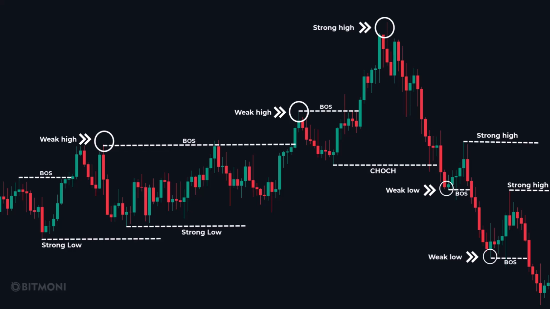On the other hand, weak lows are common targets where price dips below to gather liquidity before pushing higher. Strong lows, however, are created when buyers enter the market with force, causing a solid upward bounce. These levels rarely get revisited. Understanding these distinctions is key to aligning with smart money, staying on the dominant side of the market, and avoiding